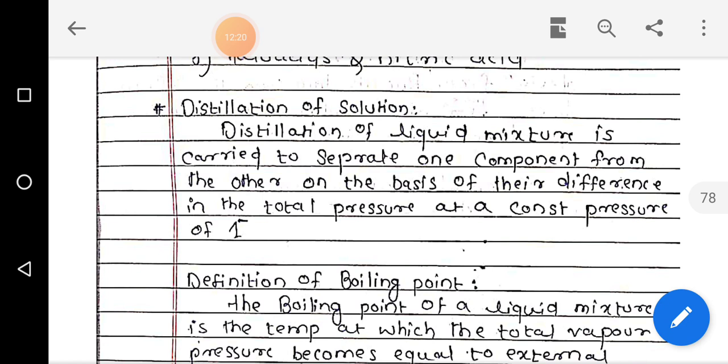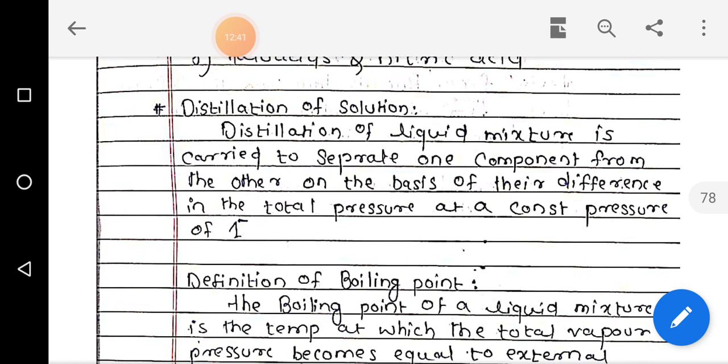At that time we provide you the complete set for the distillations, and in each practical we perform and separate by using the